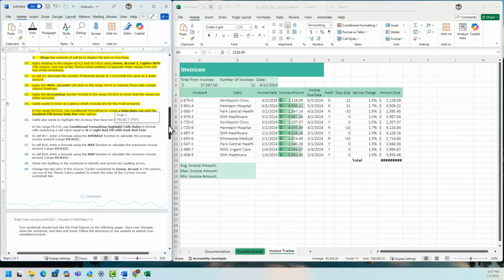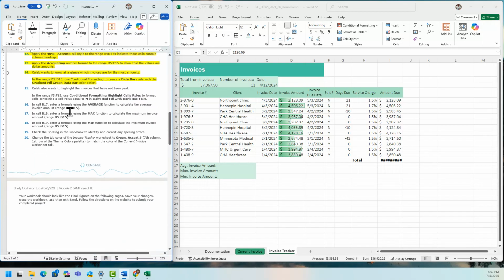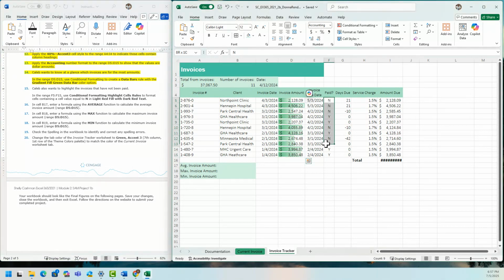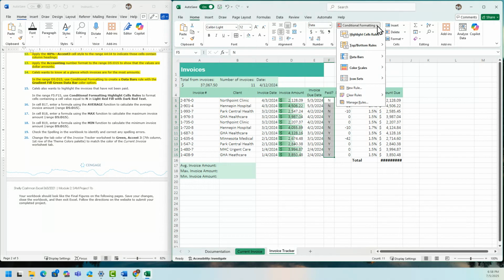So on step 15, Caleb also wants to highlight the invoices that have not been paid. I'm going to select F5 to F15. So this one is F5 to F15. Then I'm going to use conditional formatting again.